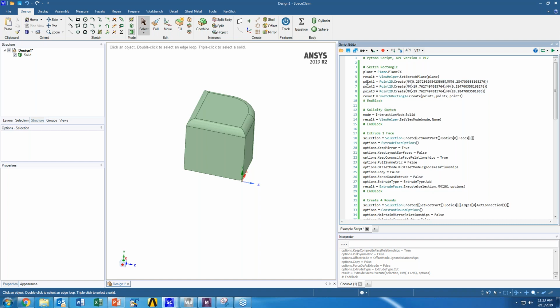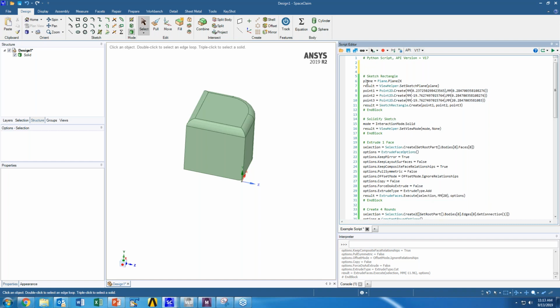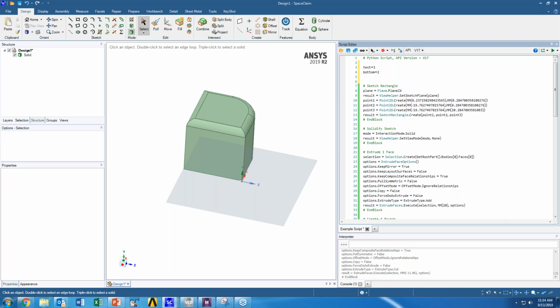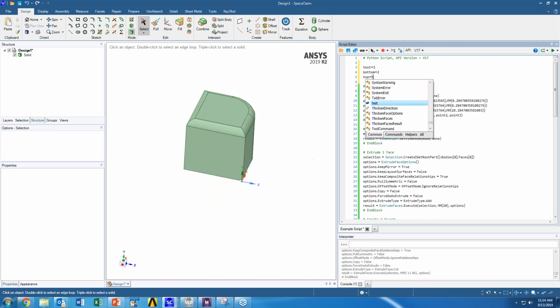Just like any other kind of scripting, I can create my own variables. Let's say I say test equals 1, and I can say bottom equals 2, top equals test plus bottom. I can create variables that I then leverage later in the CAD.